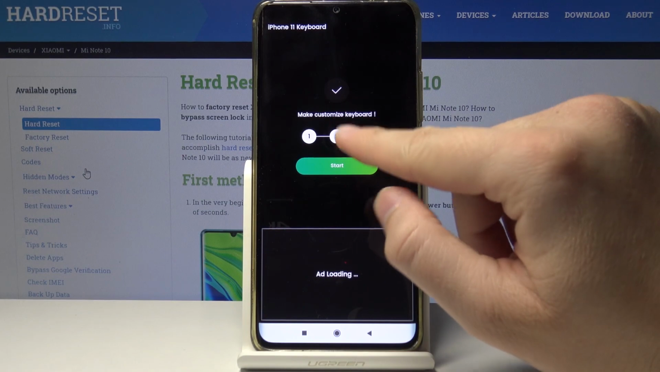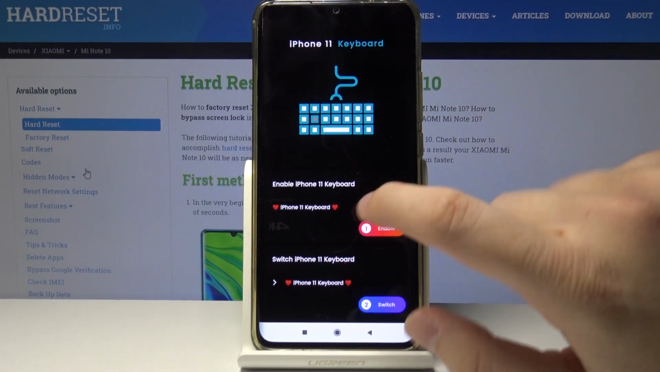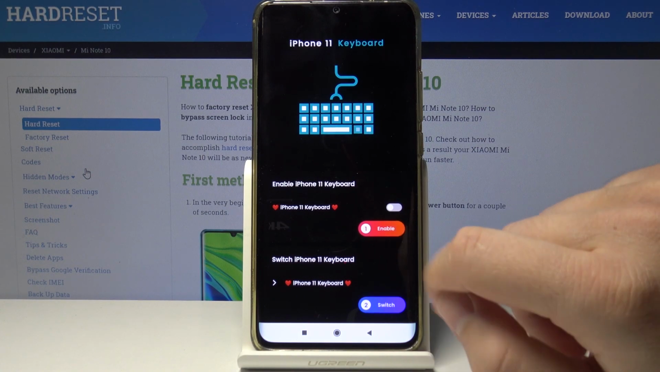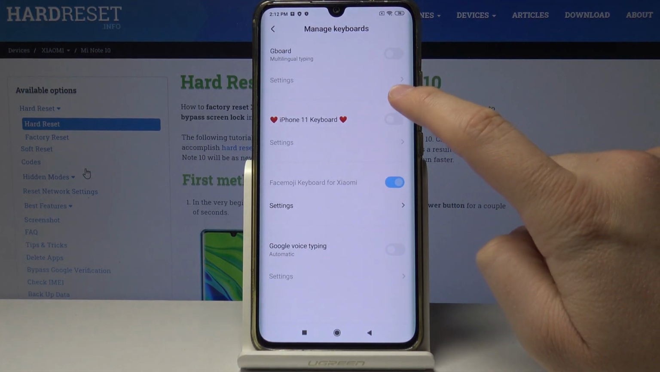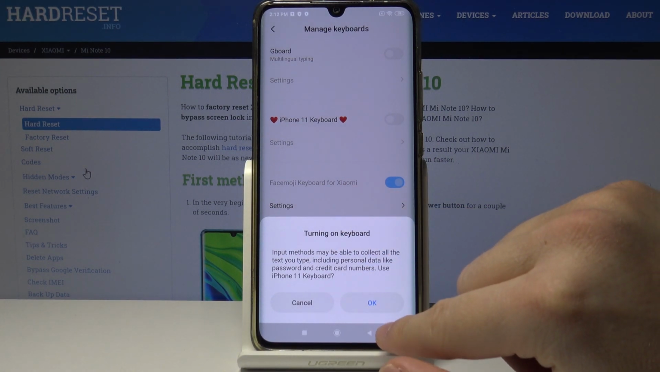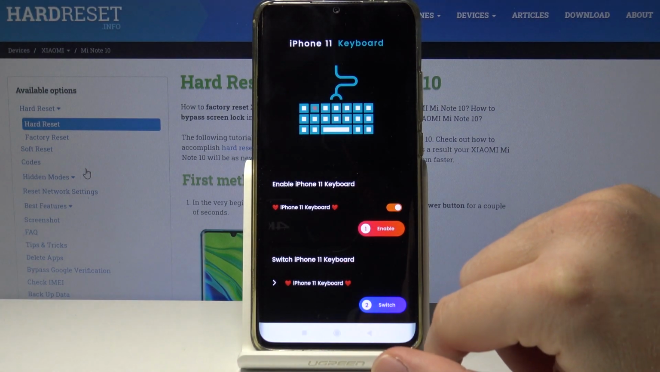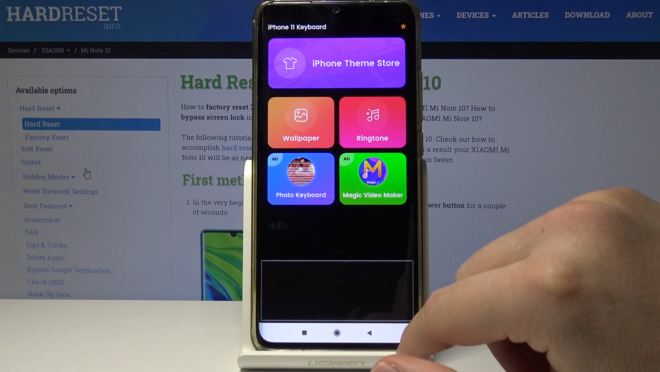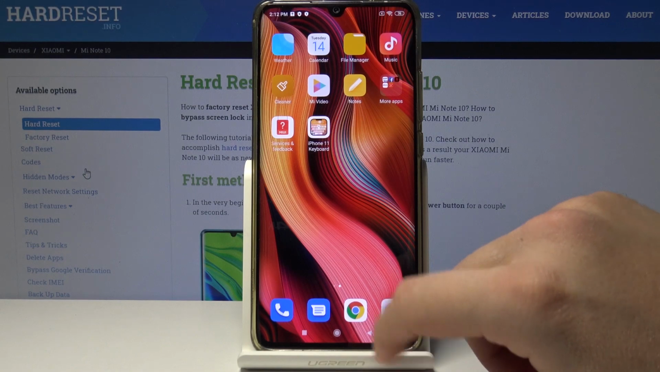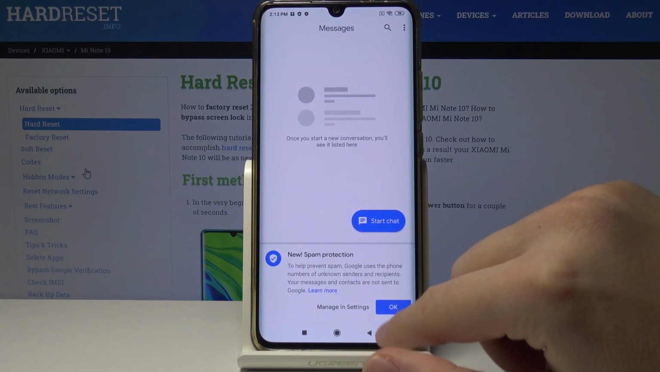Skip, tap on the start, close this ad, and right now we have to tap on the enable. Tap on this marker to turn on the iPhone 11 keyboard. Okay, go back and tap on the switch. Choose your iPhone 11 keyboard. Now close it. And right now when you go to the messages, when we can use the keyboard,